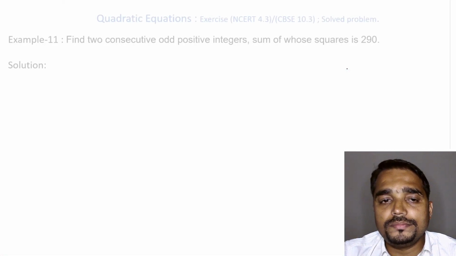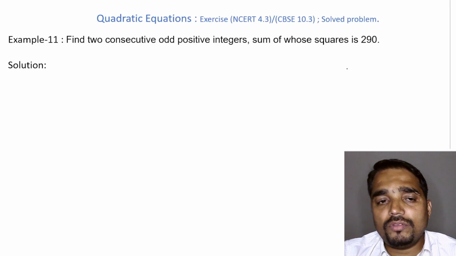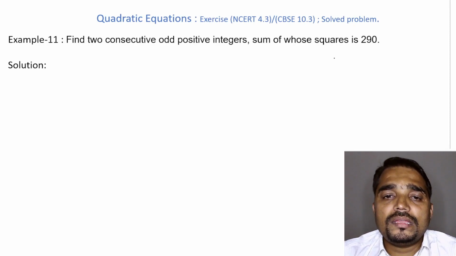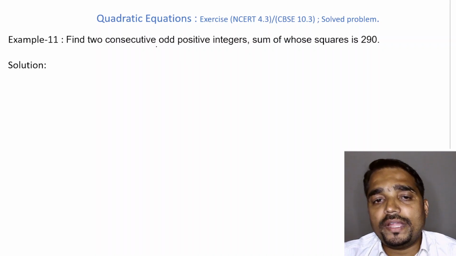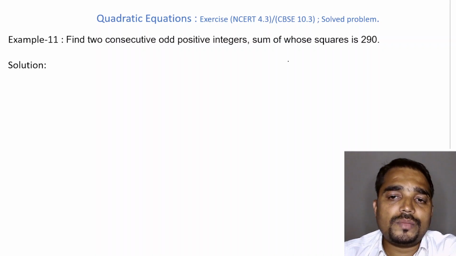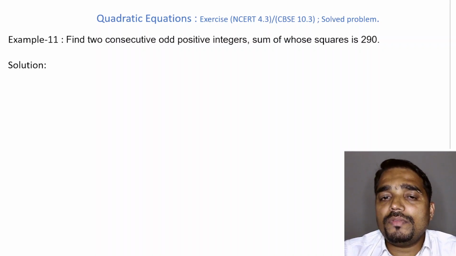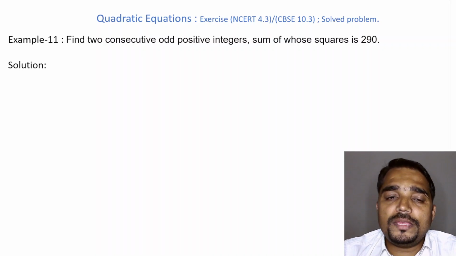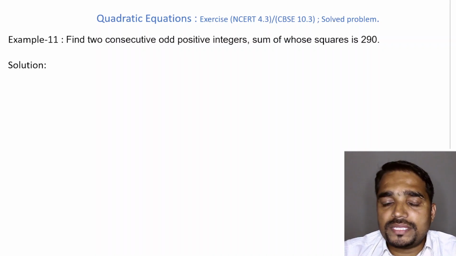Let's note down the problem. Noted down the problem. Now the ask is we will have to build a quadratic equation and solve to find out two consecutive odd positive integers such that the sum of whose squares is 290. Now before assuming how the consecutive odd positive integers would be, let's try to understand some basics about the number